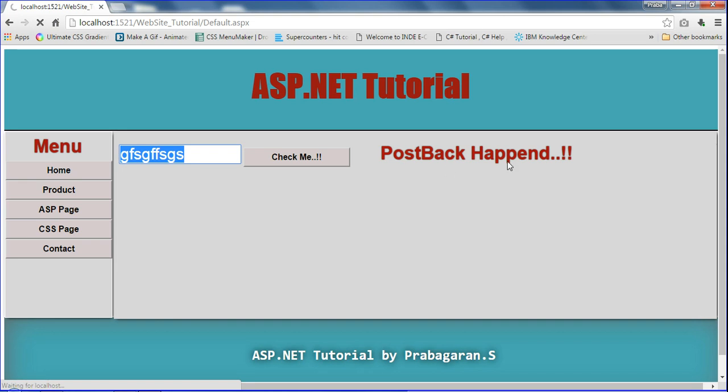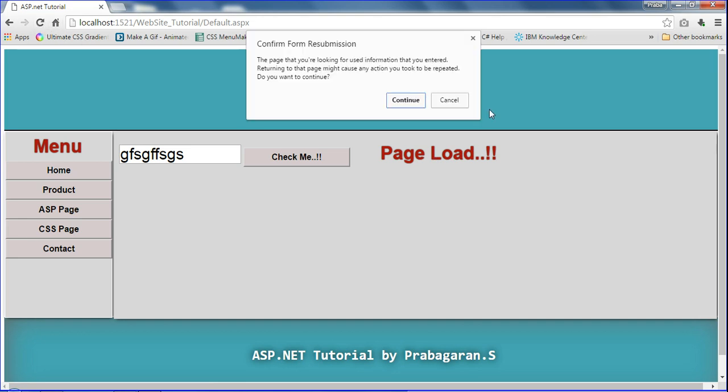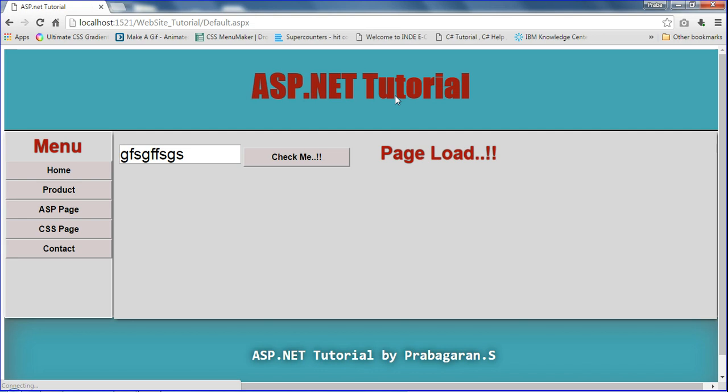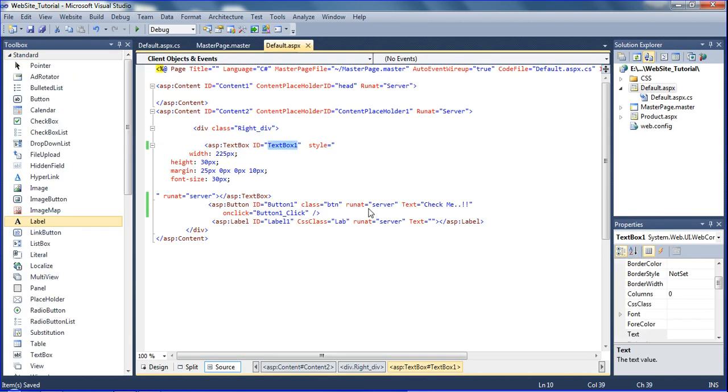The postback will happen. This one is closed here. What happened? So I erase it, and here also I erase it. Okay, no problem, just leave it.